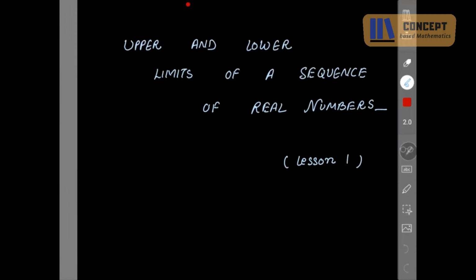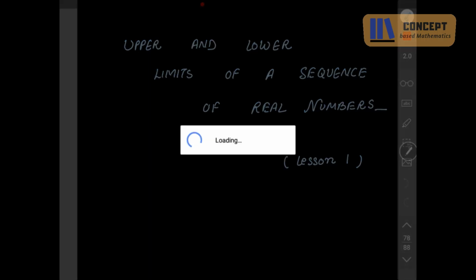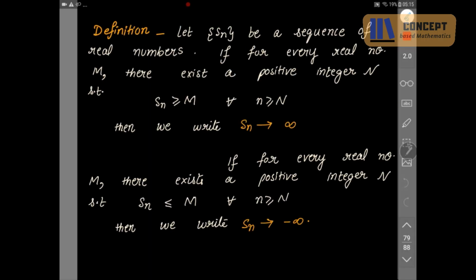So let's start with upper and lower limits of a sequence of real numbers. Lesson 1. Definition. Let Sn be a sequence of real numbers. If for every real number m there exists a positive integer